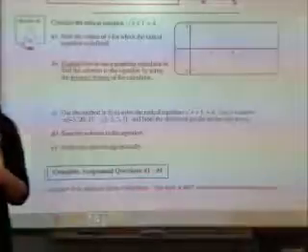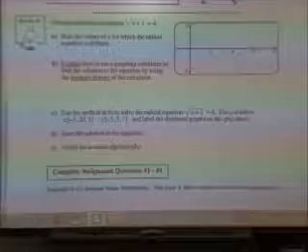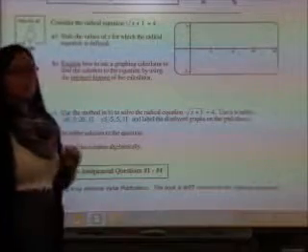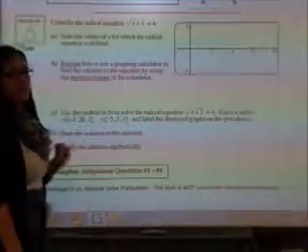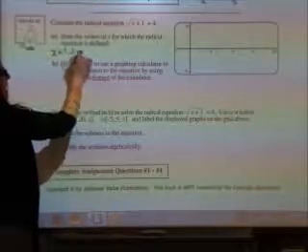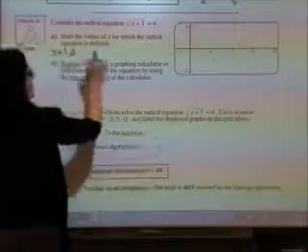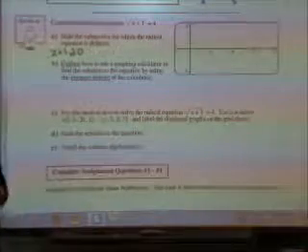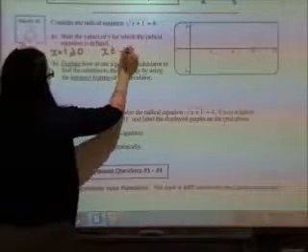So when we go to solve this graphically, consider the radical equation, the square root of x plus 1 equals 4. For what values of x is the equation defined? In other words, what are my restrictions on x? Well, x plus 1 has to be greater than or equal to, not 4, greater than or equal to 0. My radical always needs to be non-negative in order to solve it. So I move the 1 to the other side, and I get that x has to be greater than or